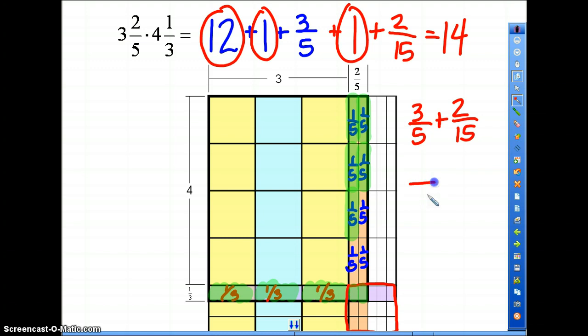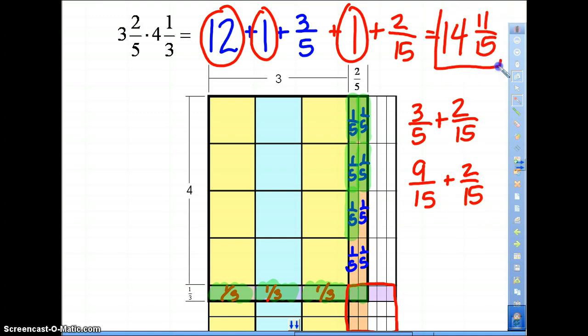So I'm going to change 3/5 into an equivalent fraction that's been busted up into 15 pieces. So 5 times 3 is 15. If I take the numerator and multiply by 3, I get 9. Add that to 2/15, and my final answer, what's 9/15 plus 2/15? That's